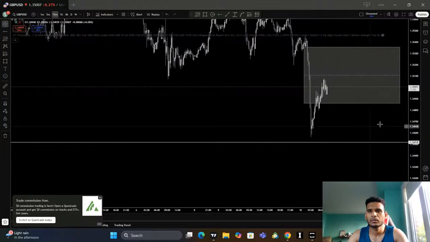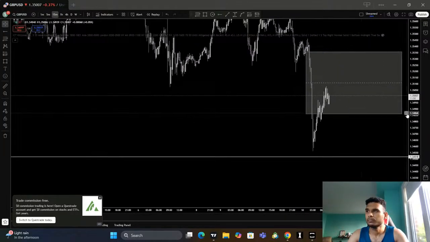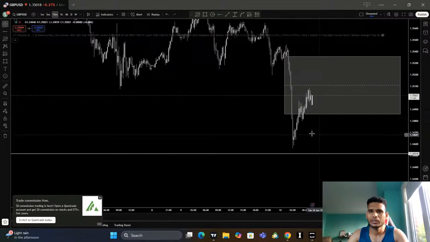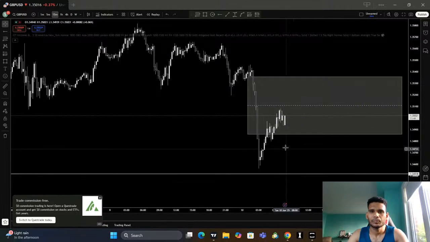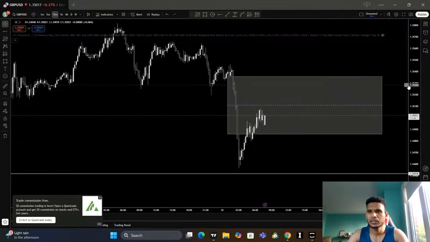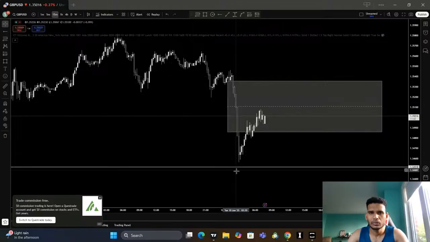If not a big move, at least I try to catch a small retracement. And as of now, I need to be bearish inside this leg. So this is going to be the whole swing. Price has already reached the equilibrium level, and this is the 50% of the 1 hour fair value gap.